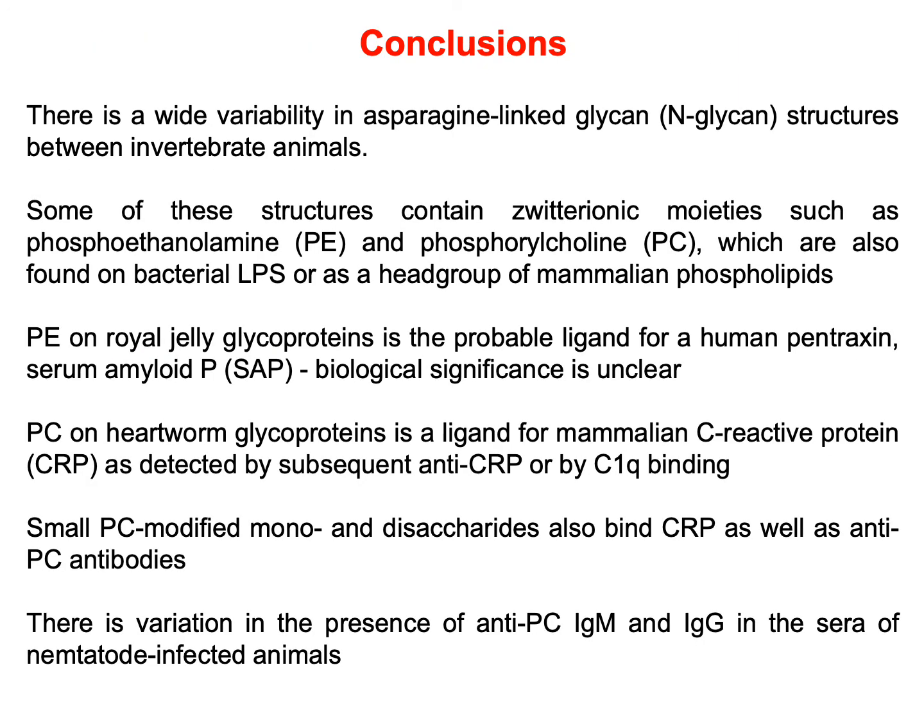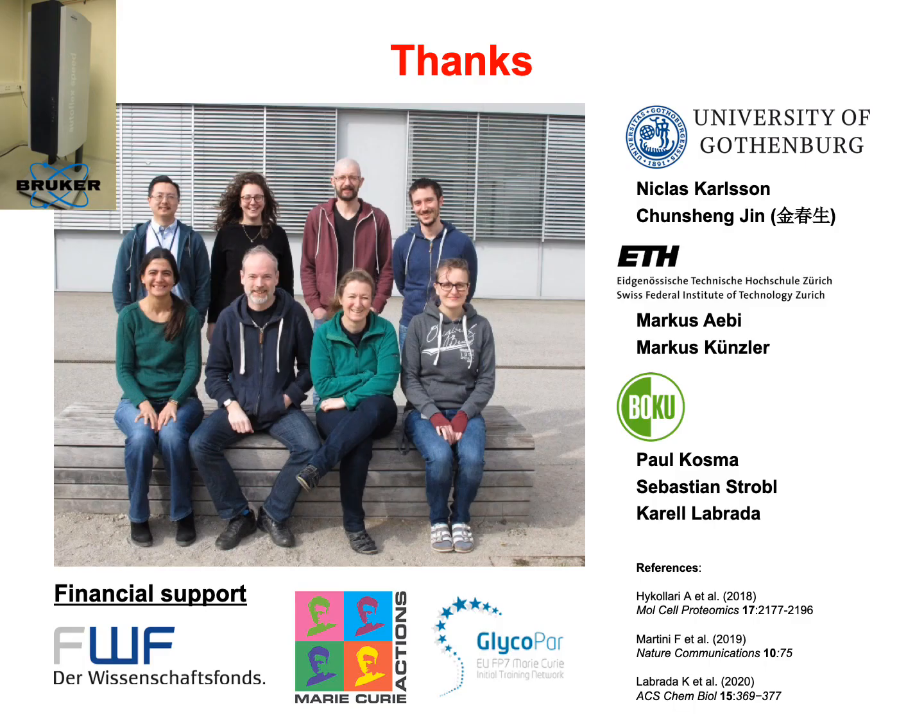So, I'm hoping I convinced you that there's a wide variability in N-glycan structures between invertebrates, that some of these structures contain zwitterionic modifications, that these zwitterionic modifications are recognized by pentraxins and also by antibodies. And finally, I'd like to thank various members of the team for their work on this project,